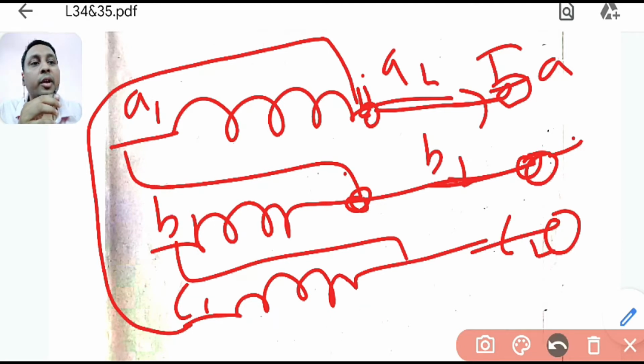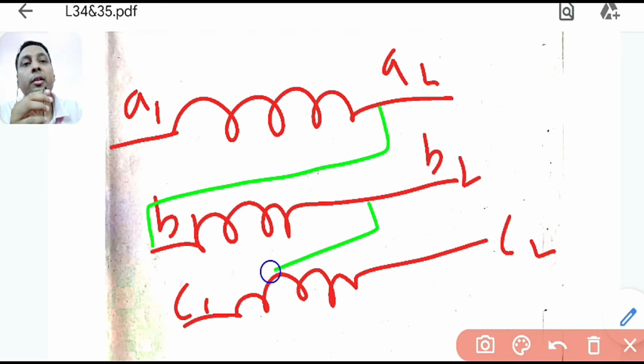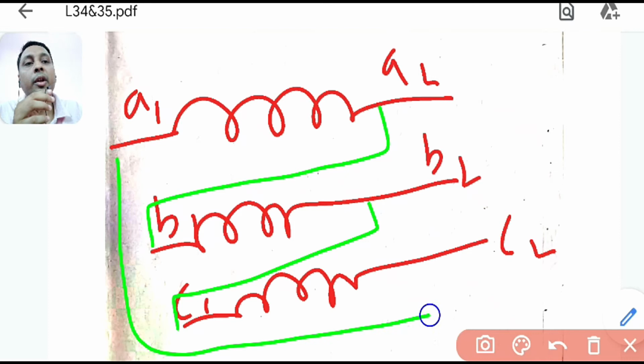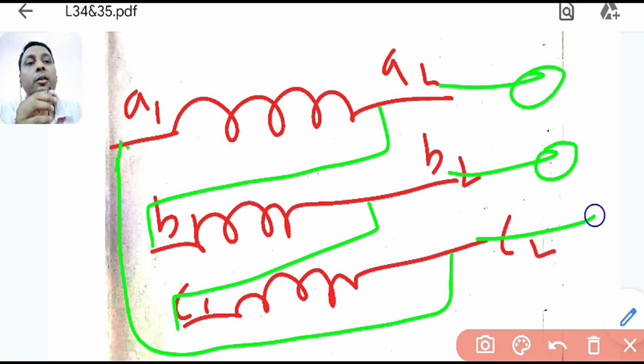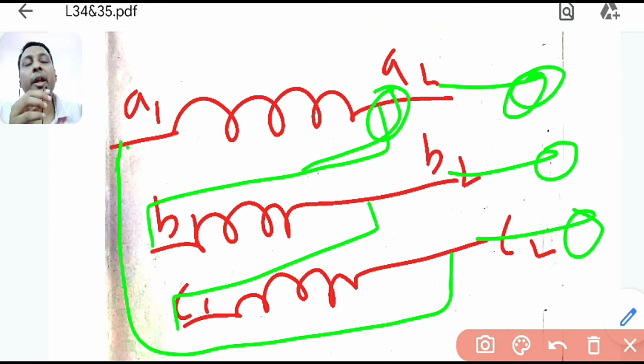What is the reverse way? One can connect it in this way also. Sir, I will connect it in this way. Okay, that is also okay. There is no issue. And then you can take this out. So check both these connections. Both connections are possible in delta. But here the A output is connected between the A and B phase.